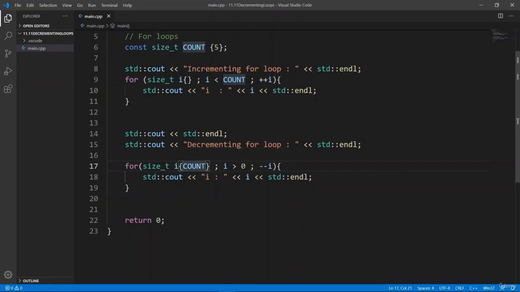5 is greater than 0, so this is going to work fine. The test is going to be successful, and we're going to fall in here and print a 5. We're going then to do the decrementation here, and we're going to get a 4. The loop is going to try and run again with I equal to 4. 4 is greater than 0, so the test is going to be successful. We're going to fall in here and print a 4, and we're going to decrement that, and we're going to